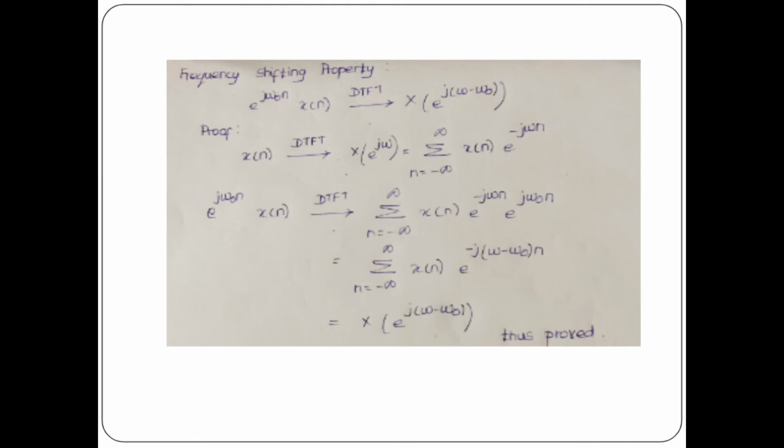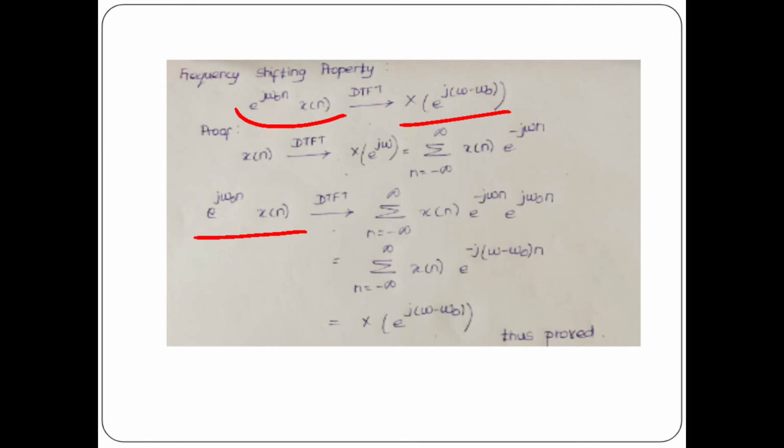Next is the frequency shifting property. So here the frequency is omega, right? So we have to shift the frequency to omega naught, that is e power j omega naught n into x of n on taking DTFT will give you X of e power j into omega minus omega naught. So take the DTFT, that is discrete time Fourier transform, for e power j omega naught n into